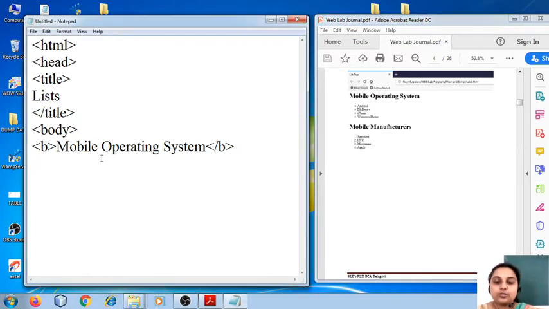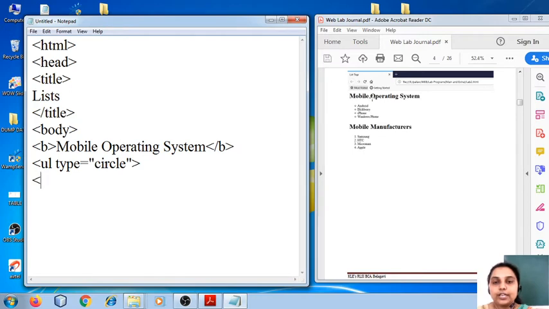That is why I have to use the tag UL, because it is an unordered list. Now, if I want to specify the item marker, the list type is equal to circle.